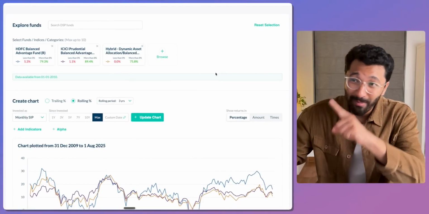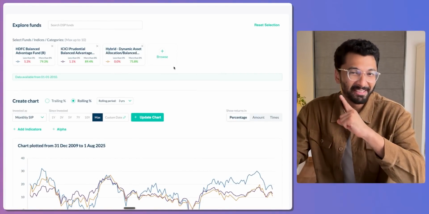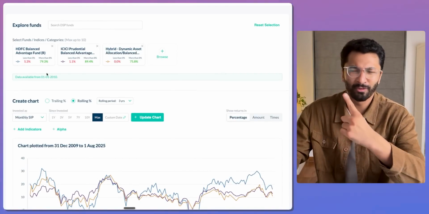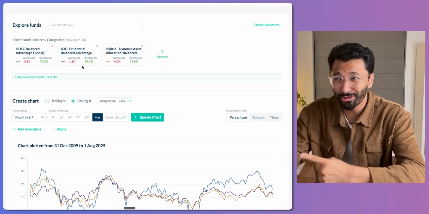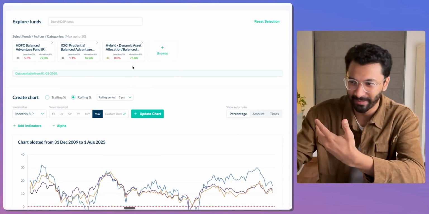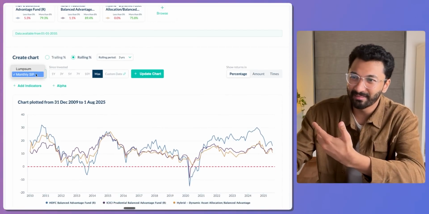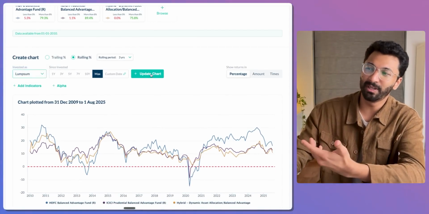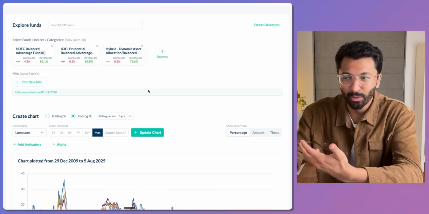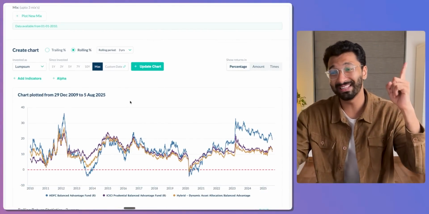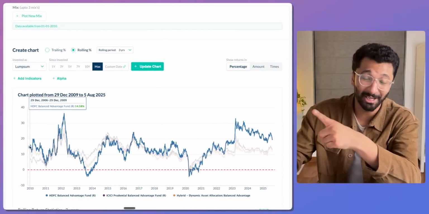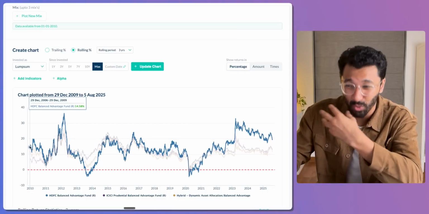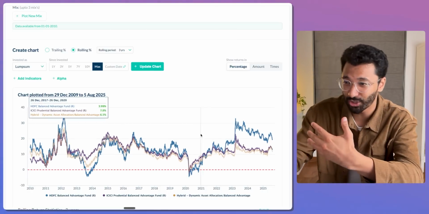Let's look at the two biggest balanced funds that are there in India, amongst the oldest ones as well. One from HDFC, one from ICICI Prudential, and we look at the category average as well. So here you notice, I'll select lump sum investment to begin with. Let's look at 3-year rolling returns from 2006 onwards. Look at this, this data starts from December 2006. So it's very old, has been through multiple market crashes.